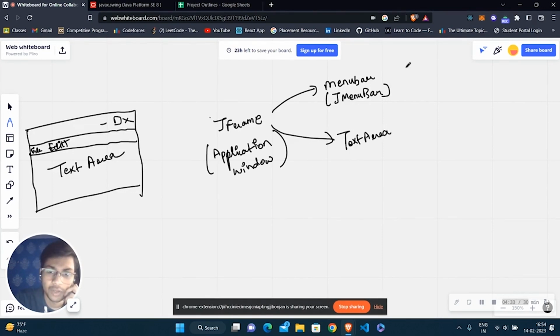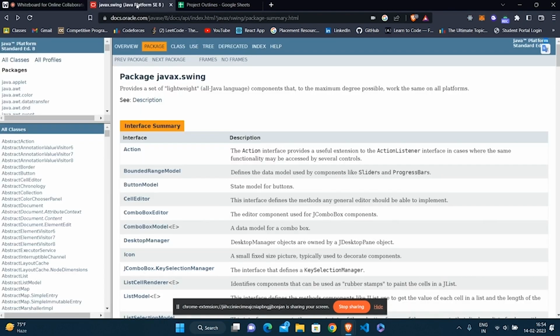A menu bar is going to hold the menus, and the text area is going to hold the area that is designed for the text, so we can write text inside this text area. The class we are going to use for this component is JTextArea. These three classes are defined in the Java Swing package that we are going to use for our project.